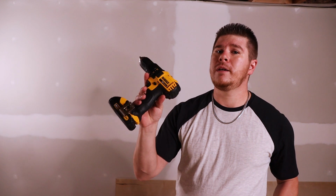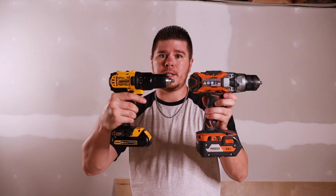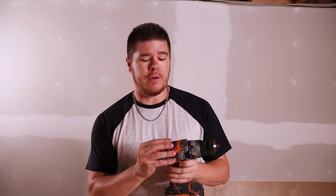Now, not all drills are hammer drills. This guy right here is not a hammer drill. This is just a basic drill driver. This one right here is a hammer drill. You can see the size of these two drills are different. This one here, again, is brushless, so it is a little bit smaller, but this one is larger because it has the hammer function. What the hammer function does is it allows you to drill through concrete, stone, tile, ceramic,